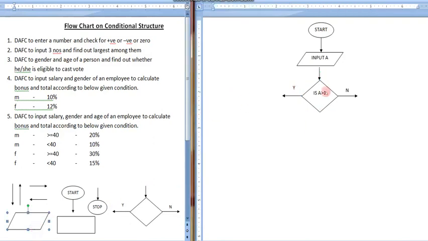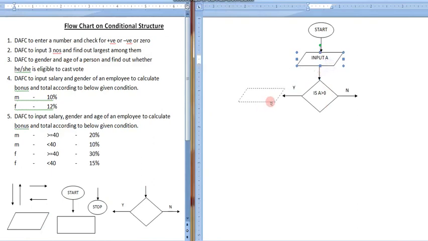So we can take the parallelogram box which is here itself, we can copy also. So we can specify here display positive. It will show the content, the string positive. So within double quotes we need to write positive, because it has to display the same thing that we specify. Otherwise it is negative or 0. It is negative or 0.